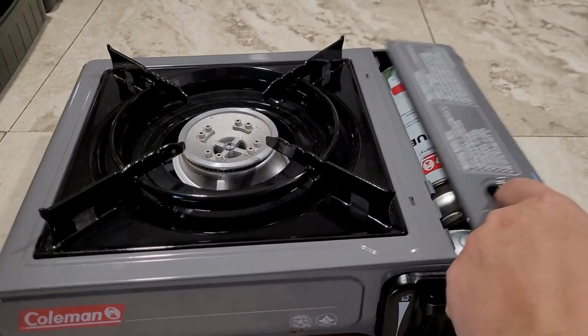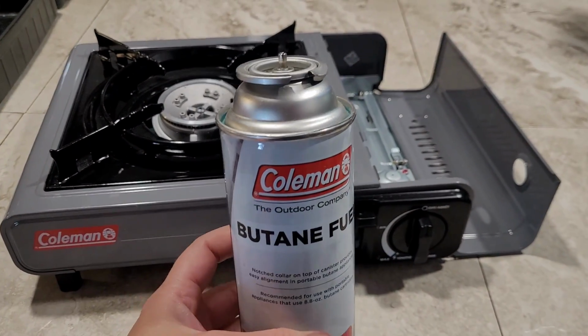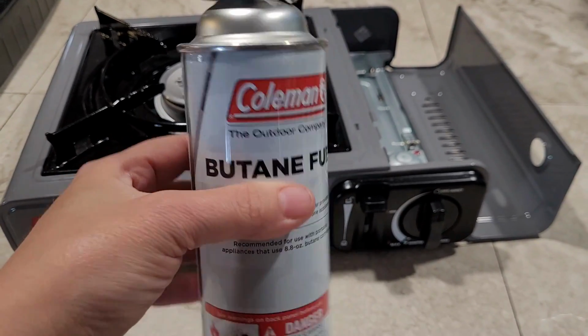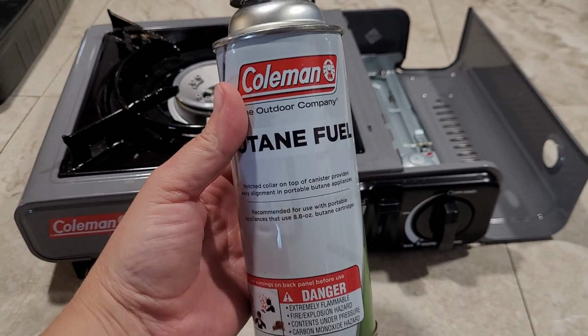Now this is the fuel that this type of stove uses. This is a butane canister. This is what it looks like. Butane is one of the more expensive fuels that you can use, but I've been using this can for quite a while. I've cooked quite a few meals on it. I can feel that it's getting a little bit empty, but they last quite a while and they're not terribly